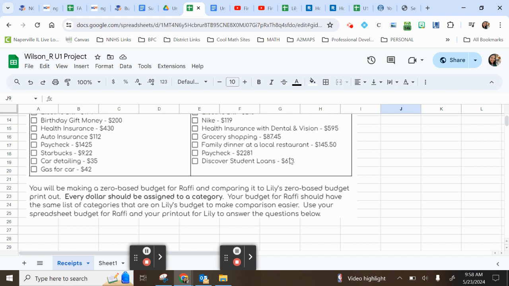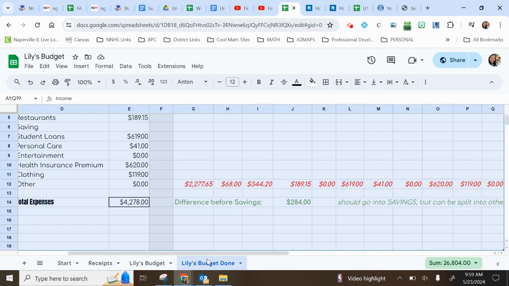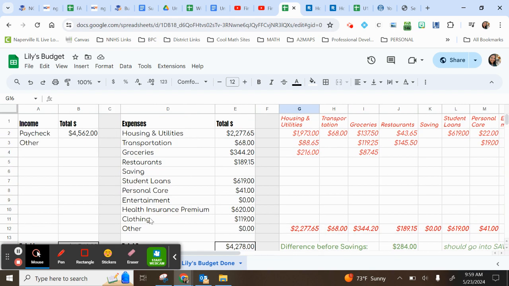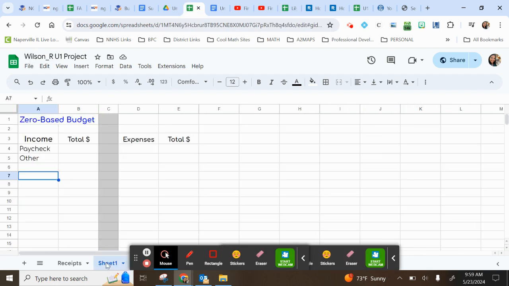Every dollar should be assigned to a category, and your budget for Rafi should have the same list of categories that are on Lily's budget. So on Lily's budget, you actually have all these categories already there. So we're going to show you how to do this on Rafi's. We're going to put the same ones. I'm actually going to double click down here and call it Rafi's